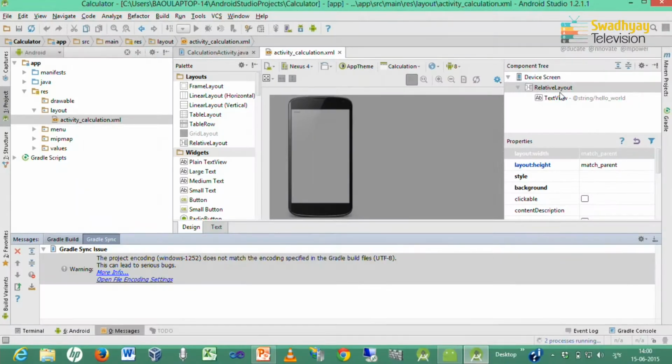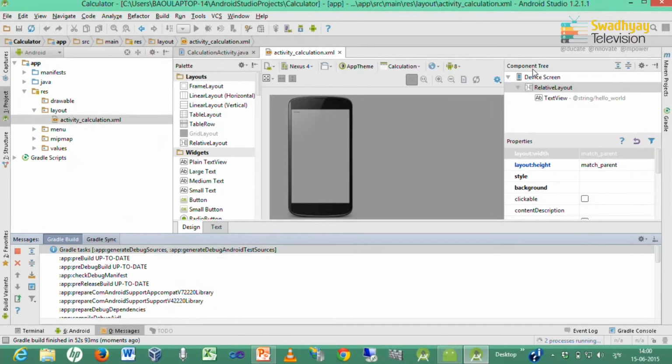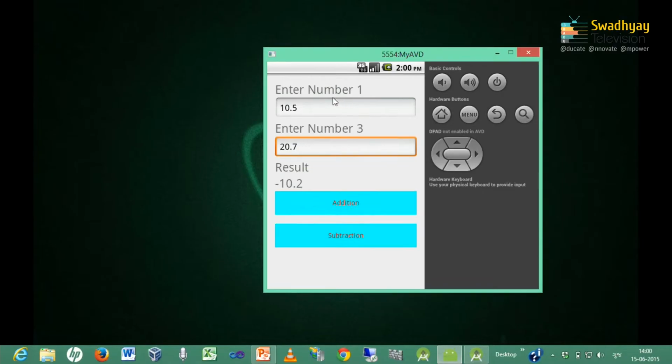You can see over the mouse pointer. This layout is a relative layout that we can see in the component tree. So first I would like to change this layout to a linear layout, because here every control is rendered in horizontal lines.